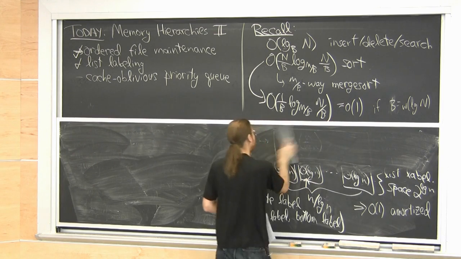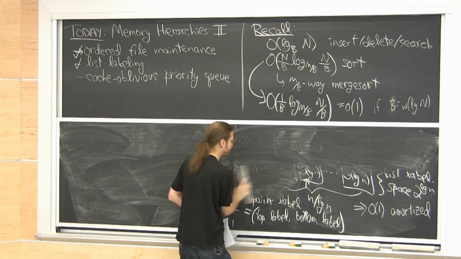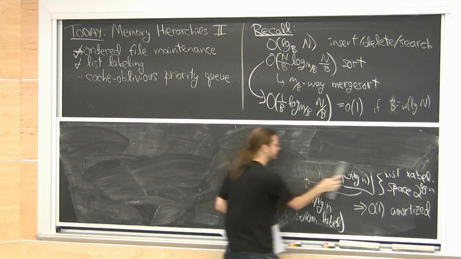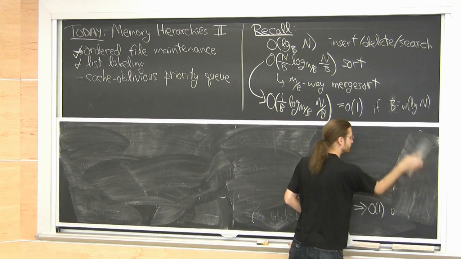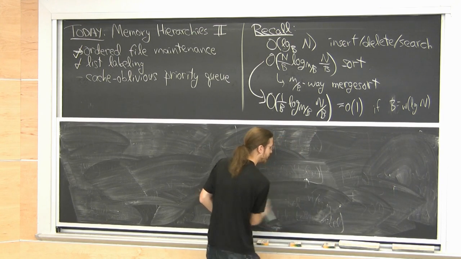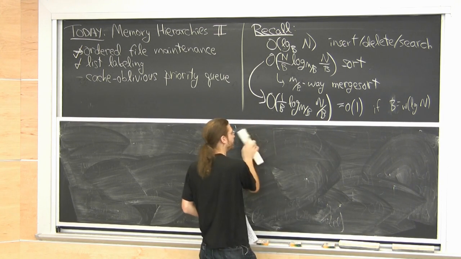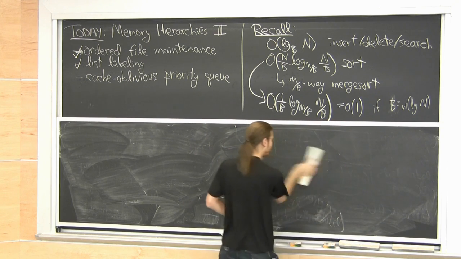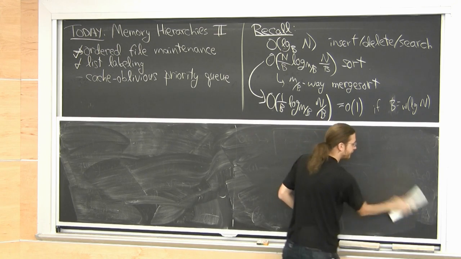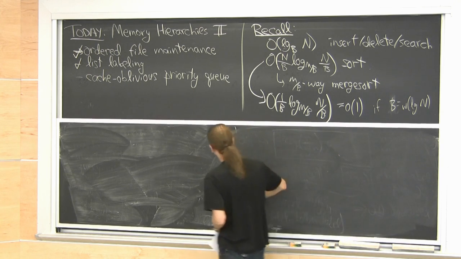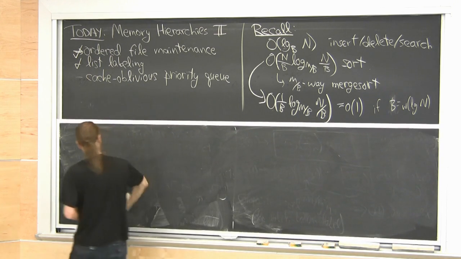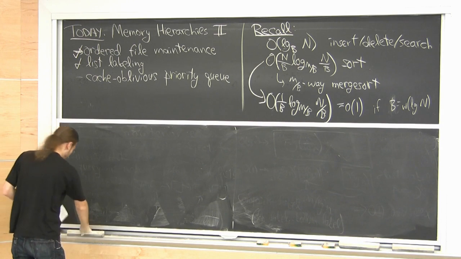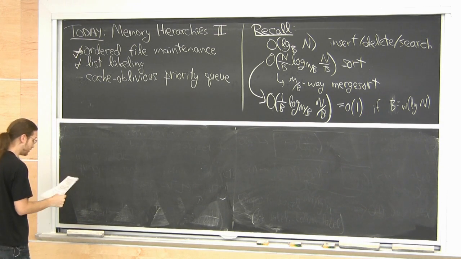In some ways, it's an easier data structure, but it's definitely more complicated. But hey, it's faster than B trees. If you don't need to be able to do searches, you just need to be able to do delete min, then priority queues are a lot faster than B trees. Okay. Draw